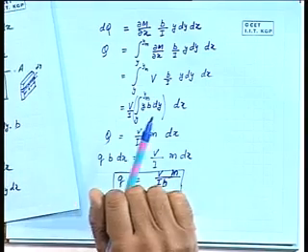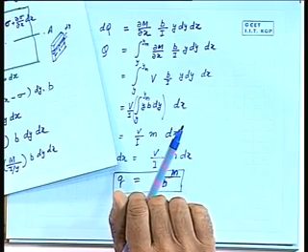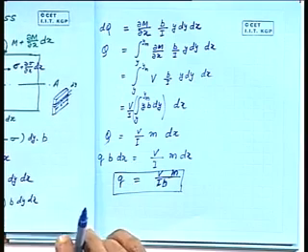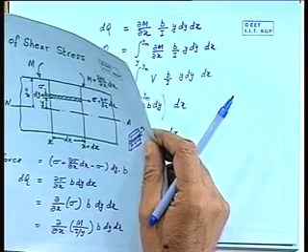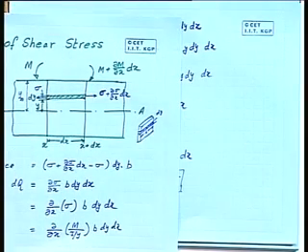At the neutral axis. Yeah. So, at the neutral axis, since the shear stress always appear in pair, this is also the vertical shear stress, this I have already told you, and